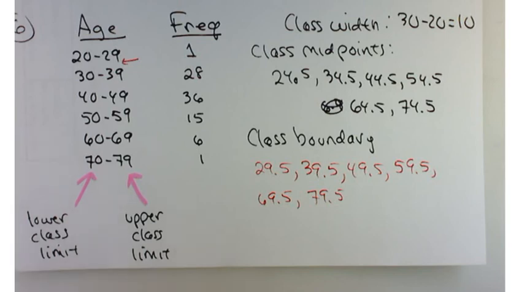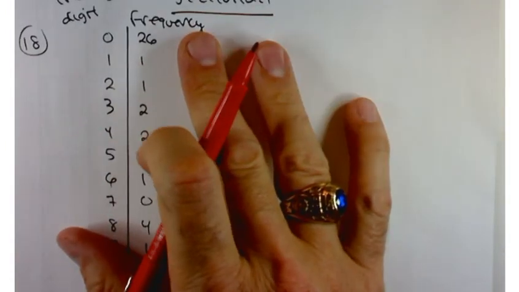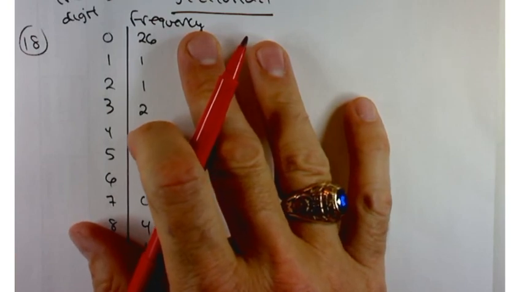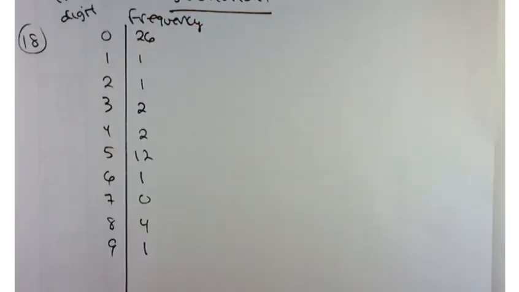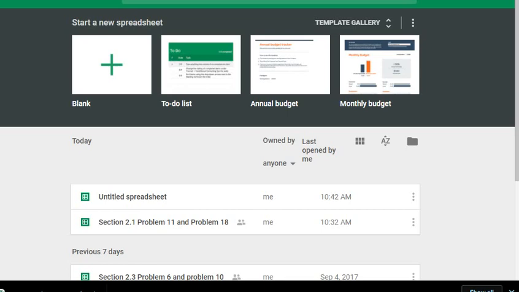Okay, so let's see about getting Google to do this or Excel to do this for us, because this kind of work, and I did it in my morning class, and I pity them and I thank them for doing it, but doing this stuff by hand is just no fun, and that's why we're using technology. So let's open up Google Sheets or Excel, whatever you've got, and work there. So Google Sheets,